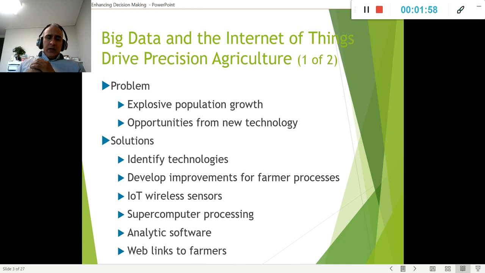So the problem is that now the demand is growing. As the population of the world grows, the demand is growing, and we need to have better systems in order to meet it. So this is, for example, when information systems, big data and the Internet of Things come in, as in implementing sensors, putting them in the machines.